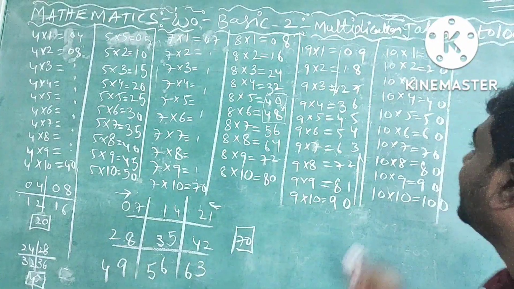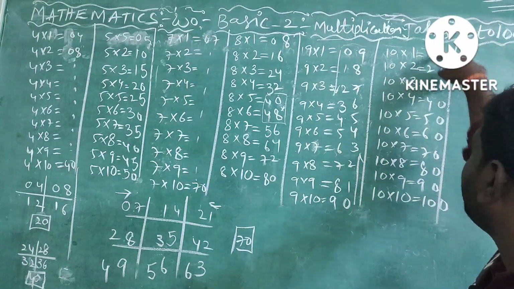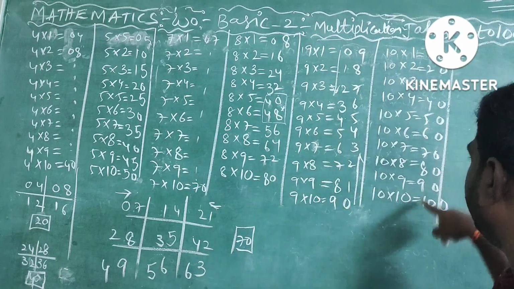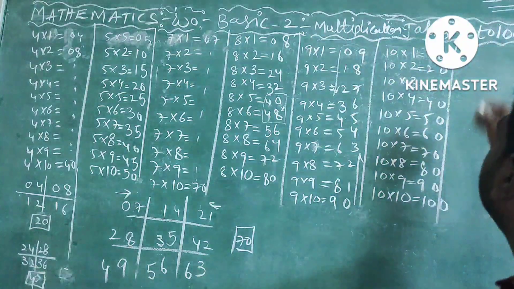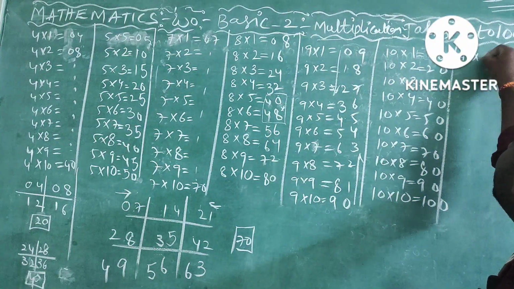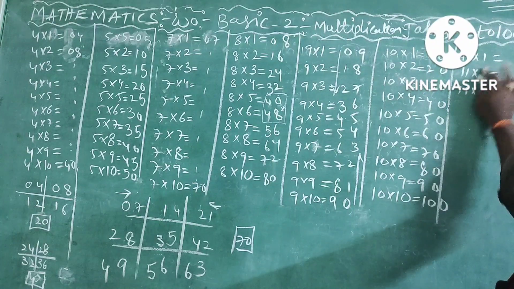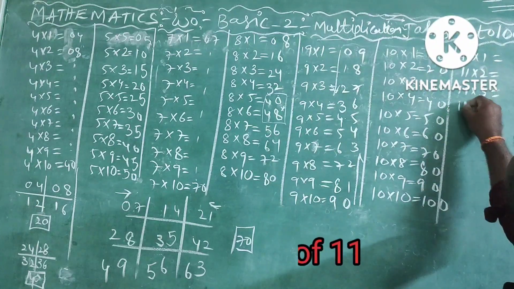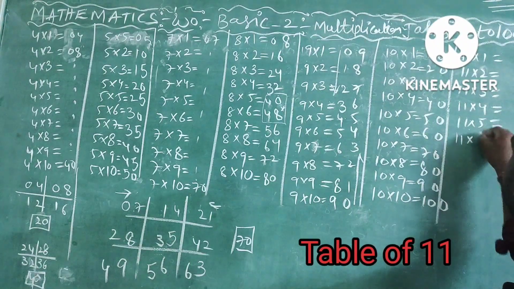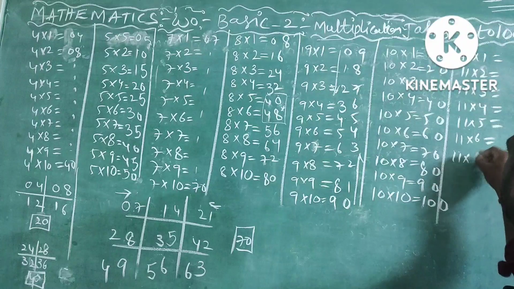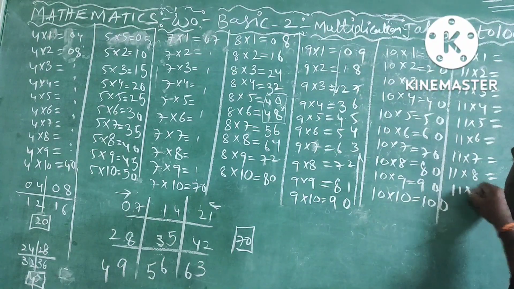Very easy, right? So how to write it here? Very simple, like this. First all the numbers 1 to 10. Now keep the zeros. A simple manner. So now the 11 table also we can write. Yes or no? Very easy. Writing the 11 table is also very easy. Actually all the children know these tricks for these tables. Still, if some children don't know, they can learn this. Okay.